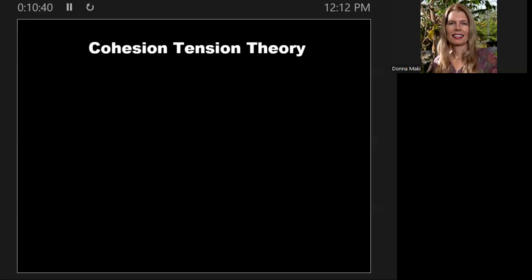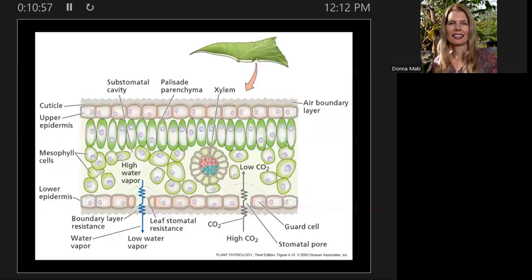Cohesion is that water molecules love to hang out with each other and bond with each other. So as long as you have a cohesive volume of water going through the xylem, this can work. Tension is the idea that it's under a tension force. All right. So we were thinking about this toward the end of last session, where we have a leaf and you have to imagine the vein. They're showing the vein here in cross section with the xylem in red. And you have to imagine that there's